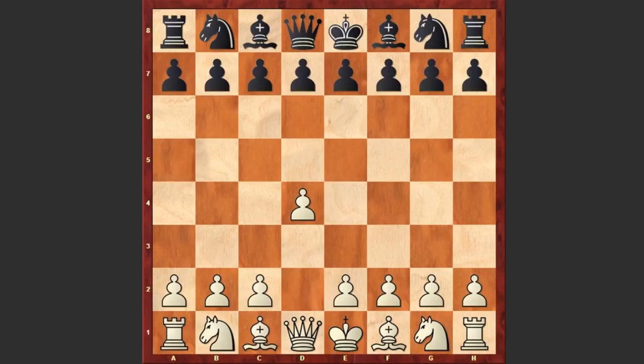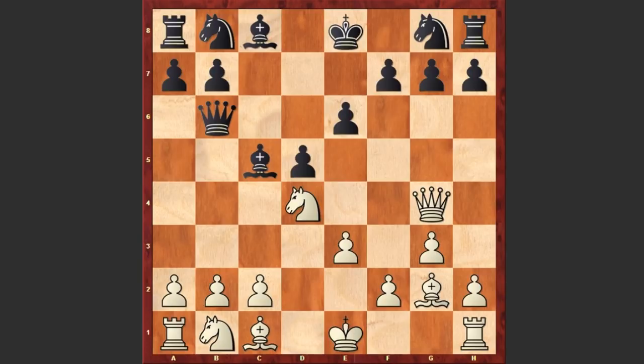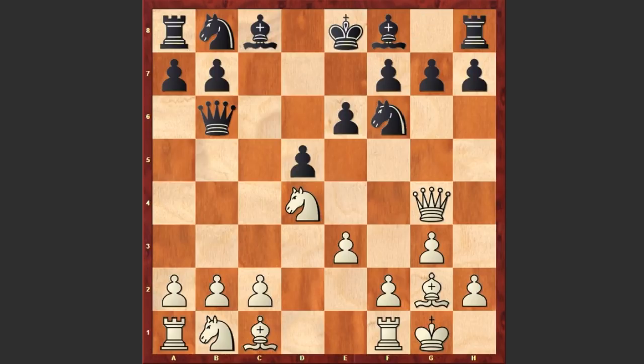Aronian started with d4 and e6 by Carlsen, knight f3, c5, g3, c takes d4, knight takes d4, queen b6, bishop g2, bishop c5, e3, d5, queen g4. Now white is using the absence of this bishop and is targeting black's king side, and the bishop retreats back, protecting the pawn. White castles, knight f6, queen e2, and now already when black managed to kick away this queen